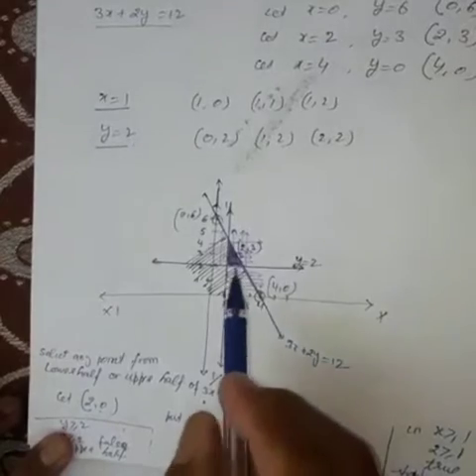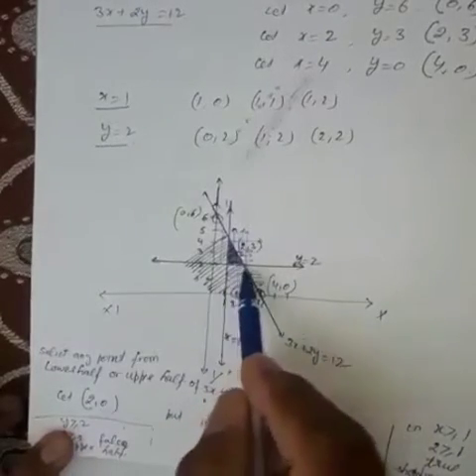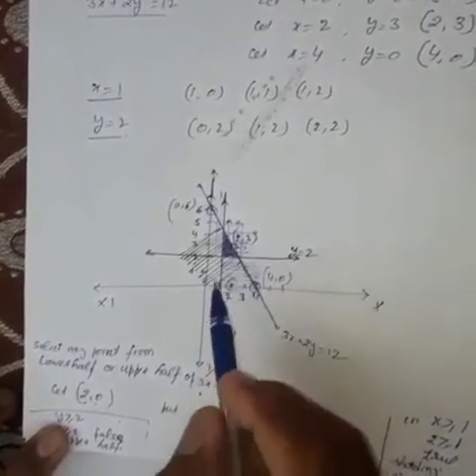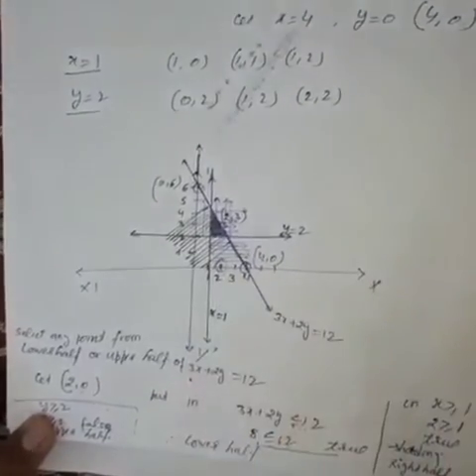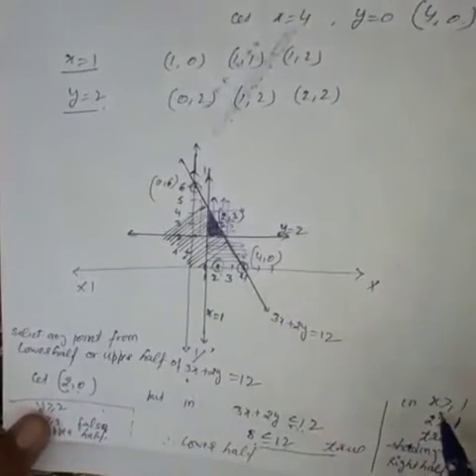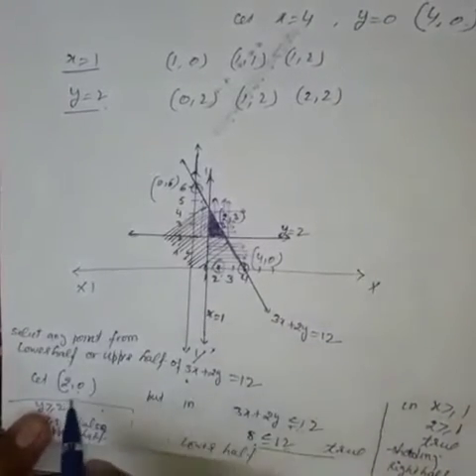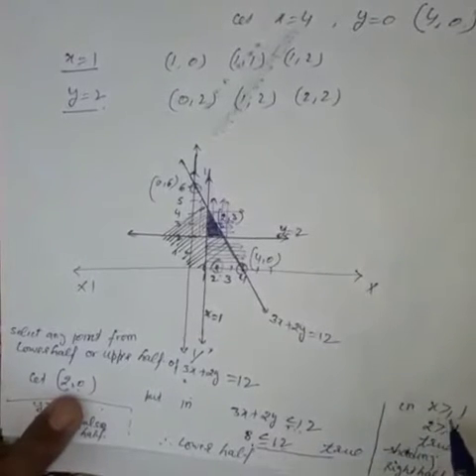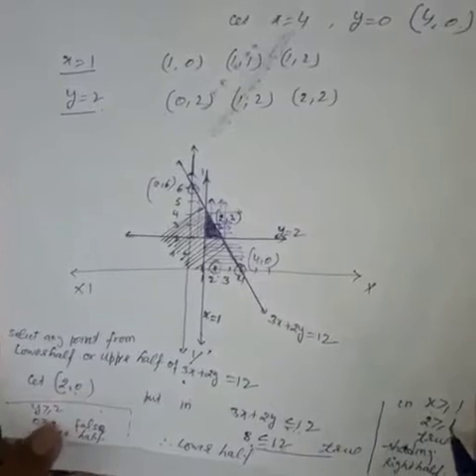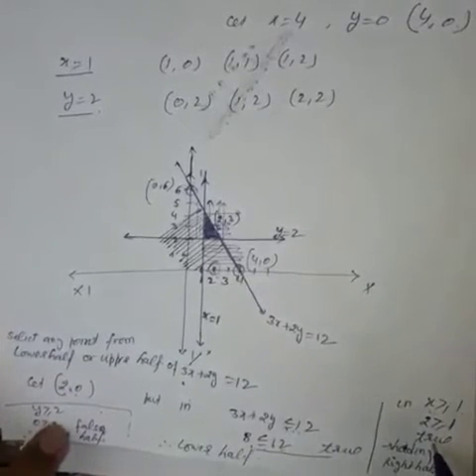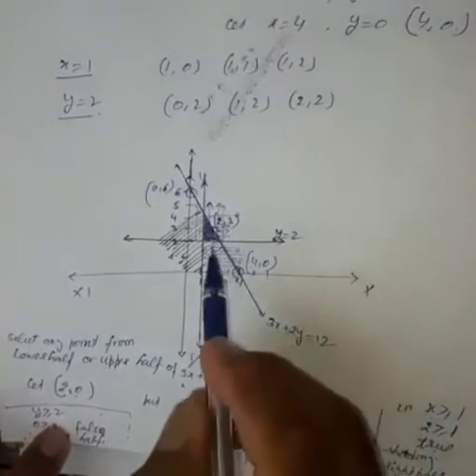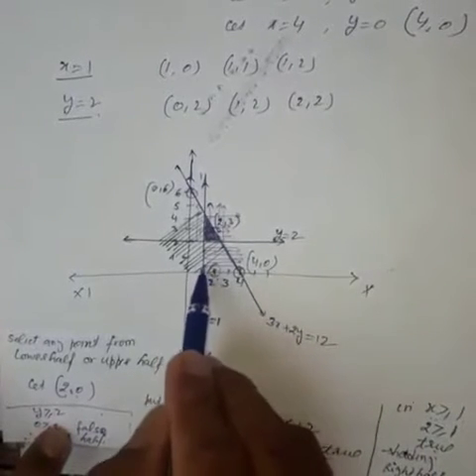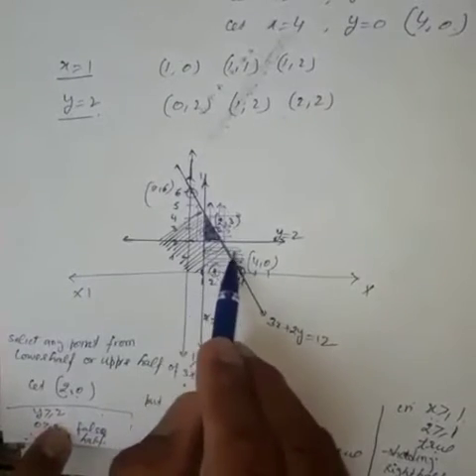So the shaded portion for this line, the solution set will be towards the point. The black line shading, you can see it is towards the point. Now for the second, x greater than or equal to 1, you put this point (0, 2). Because there is no y, no need to put a value of y. So 2 is greater than 1. Now this is also true. It means for this line x equals 1, the shading will be towards this point. It means on this side, these blue lines you can see.